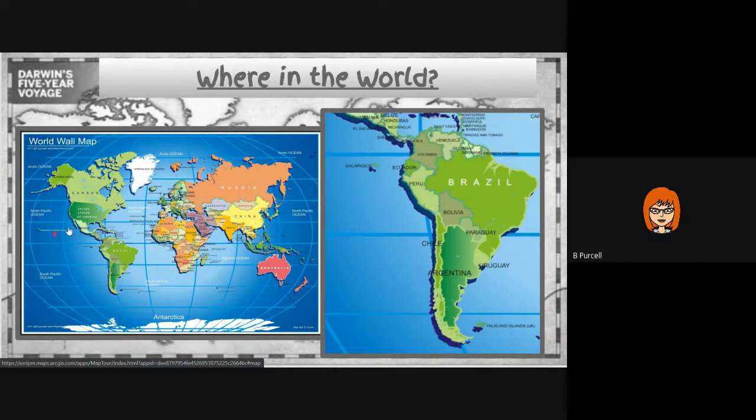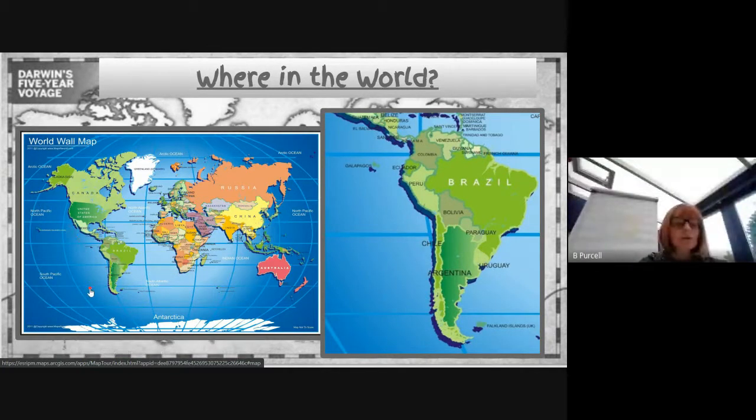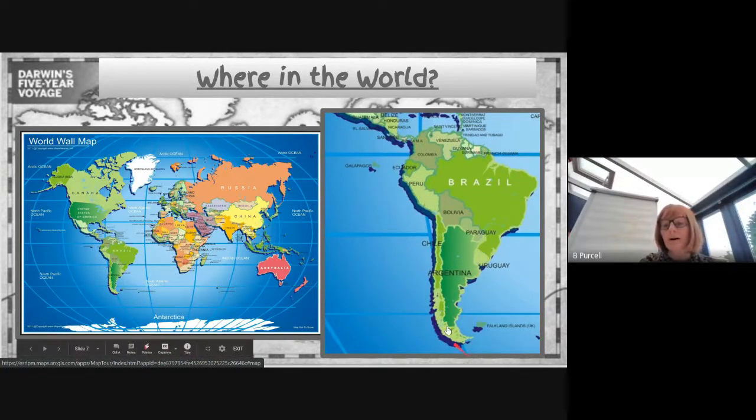If we look at that map closely, this is the outline of South America. And you can see that Chile, Argentina, Uruguay, Paraguay, Bolivia, Venezuela, Suriname, Guyana, French Guiana, Colombia, Ecuador, and Peru make up South America,